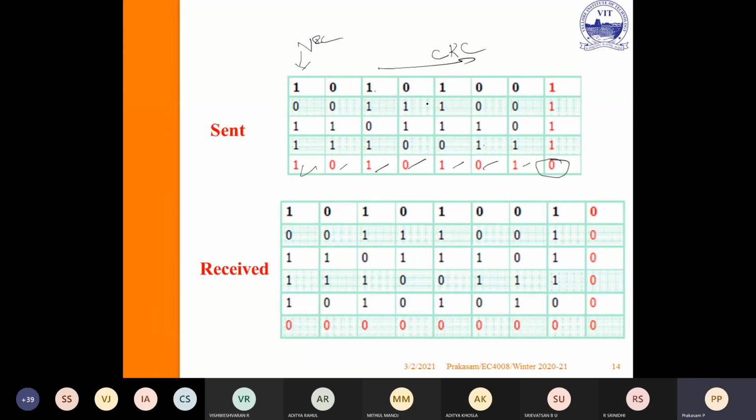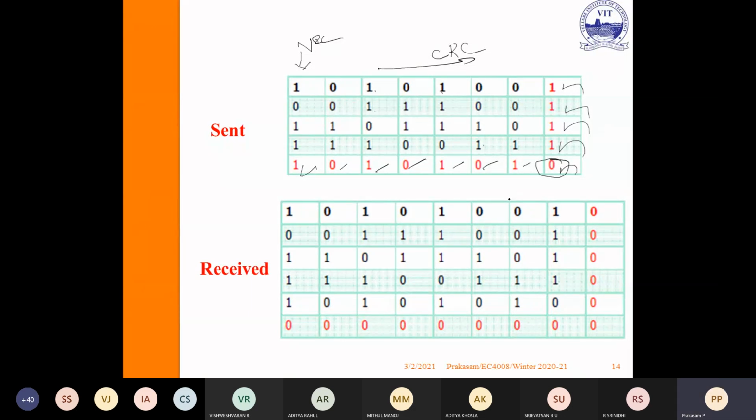LRC: 1, 2, 3, so it is odd, so I am adding 1. It is odd, I am adding 1. It is also odd, I am adding 1. It is also odd, I am adding 1. Now if you see here, it is even, so I am adding 0.